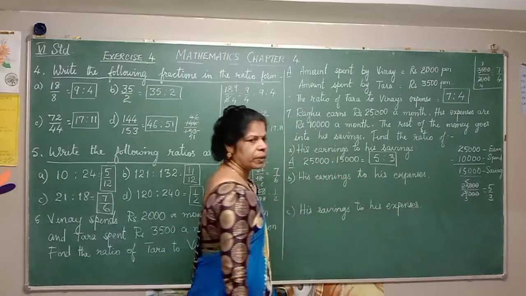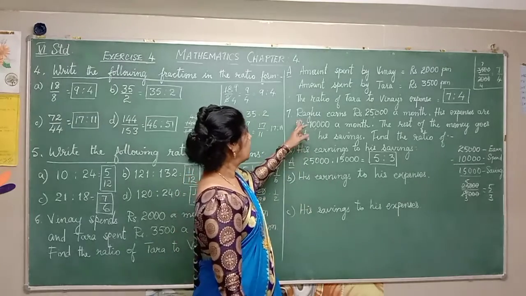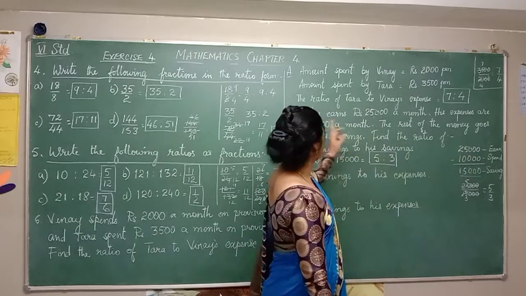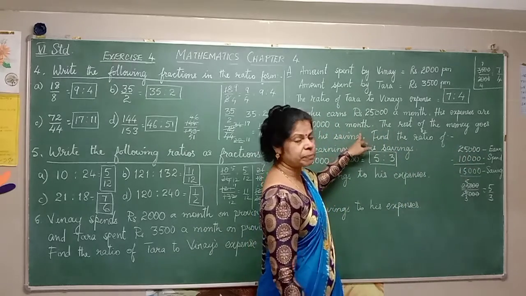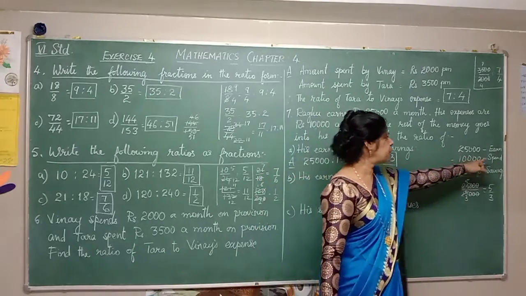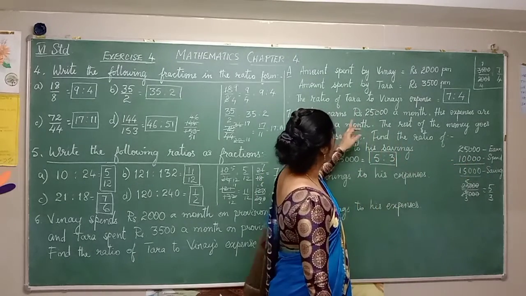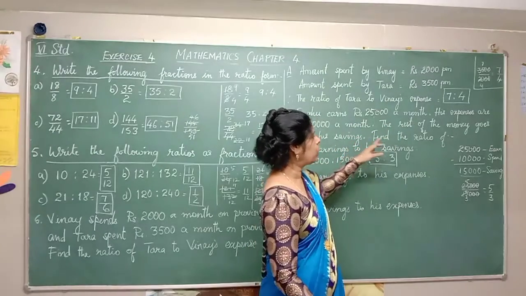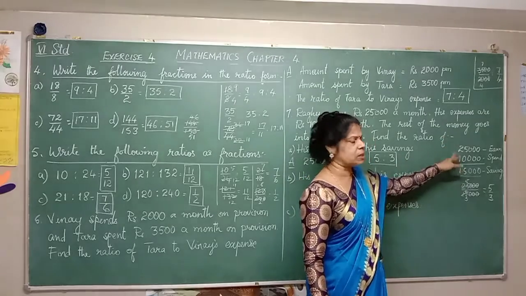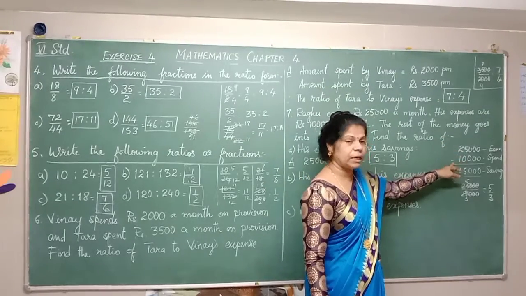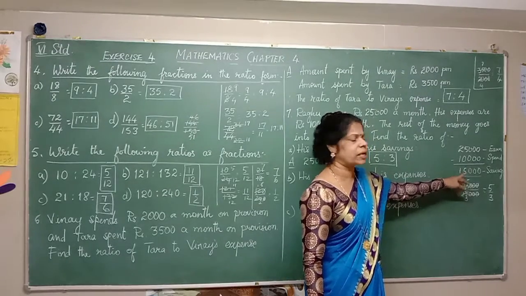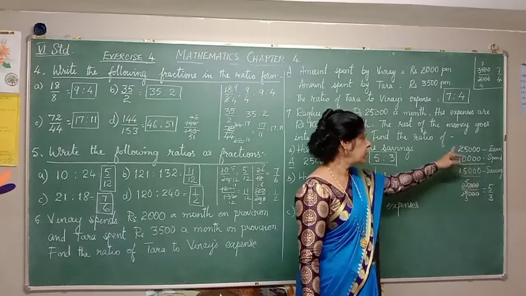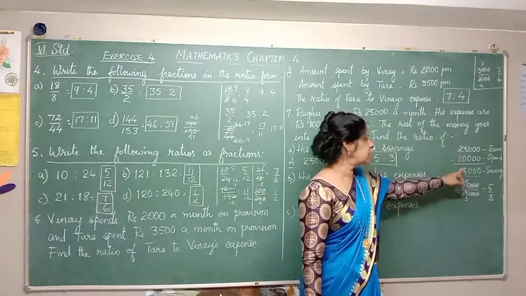See whether you understood? Once again I will explain to you. Raghu earns rupees 25,000 a month. So earning is 25,000. His expenses are rupees 10,000 a month. Expense means he is spending. So expense or spending is 10,000. Then the rest of the money goes into his savings. How to find out the savings? What you have to do? Earning minus spending. You will get the answer, that is the saving. So this much is going to be put into the bank. How much? 15,000. So earning, spending or expenses, then savings.